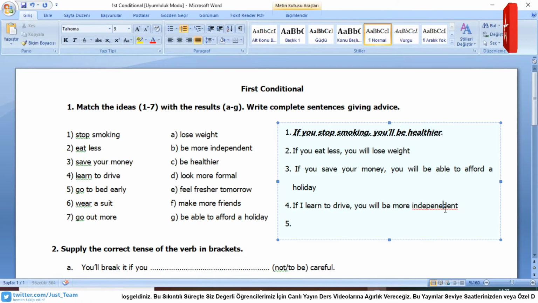Just a minute. Okay, it's good. Yes, and